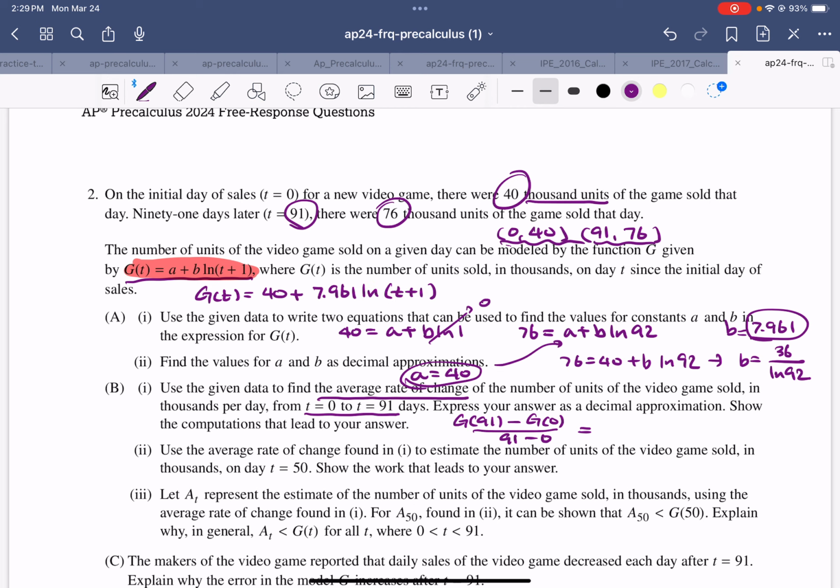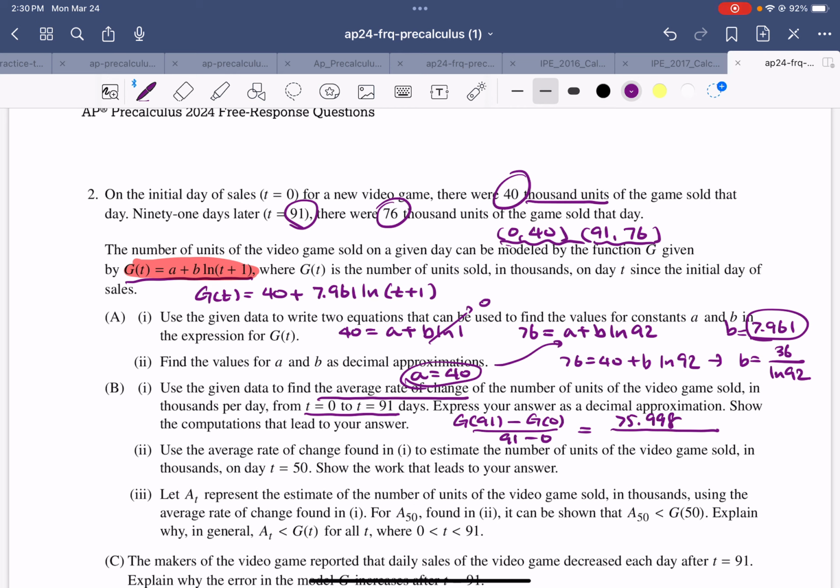So that's my g of t. You plug 91 into this equation, and also minus g of 0, where you plug in 0 here. Once you plug 91 into t for g of t, I did it ahead of time,